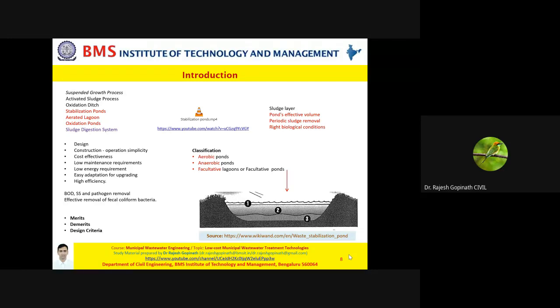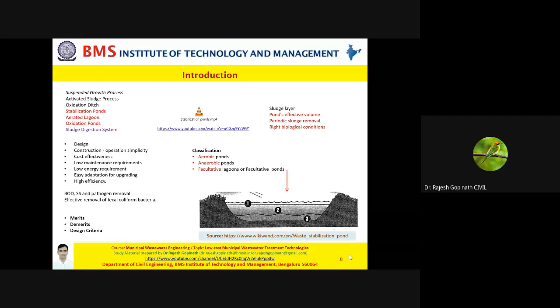Please also note the right biological conditions are very important, and these are considerably affected by attributes such as the wind, the temperature, and the oxygen level. Now, when compared to any system, your waste stabilization pond is most appropriate if the land available to you is vast, if the land is inexpensive, and if the climate is favorable for you. Under these circumstances, we tend to prefer the waste stabilization pond itself.